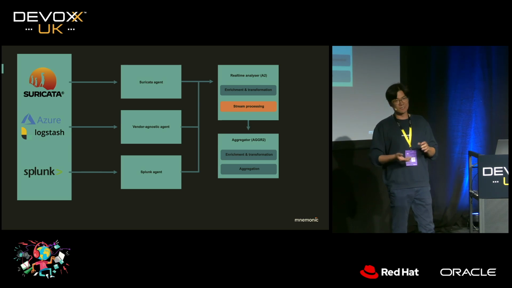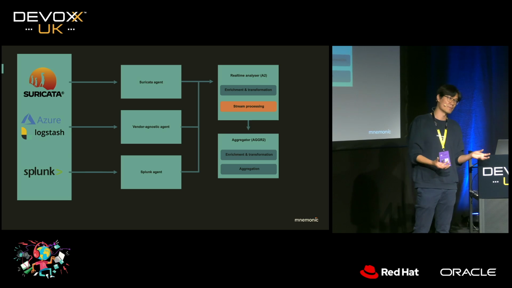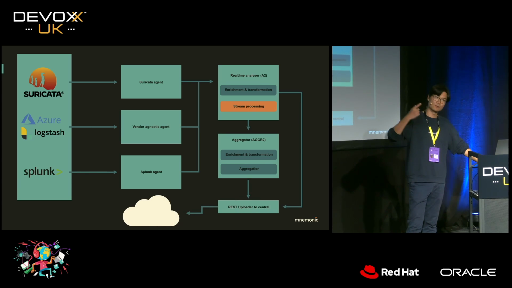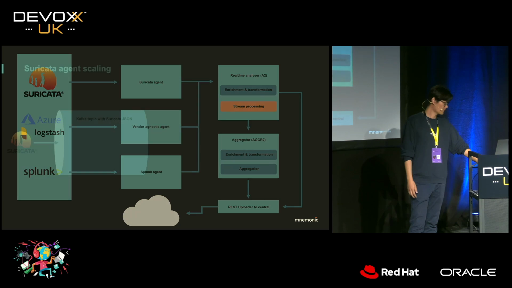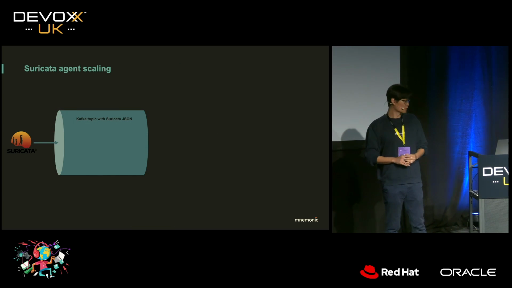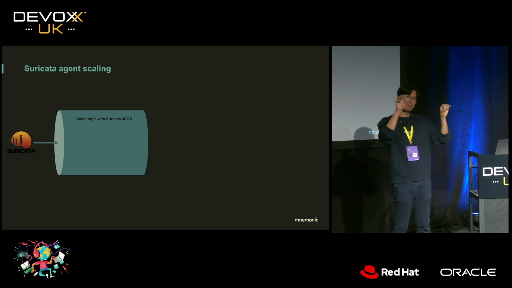In this phase, events that look similar, for example, they're from the same source network, may be aggregated together. And lastly, they get uploaded through REST API to our central backend and presented to the user and for reporting purposes. And for the scaling part, for developers, you may already see in this pipeline there are many components,